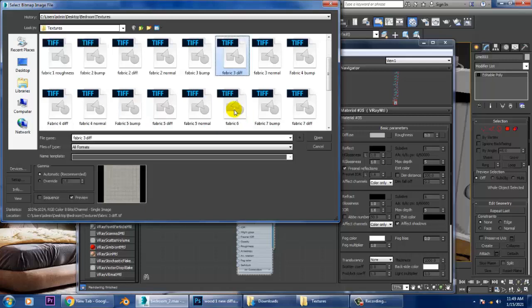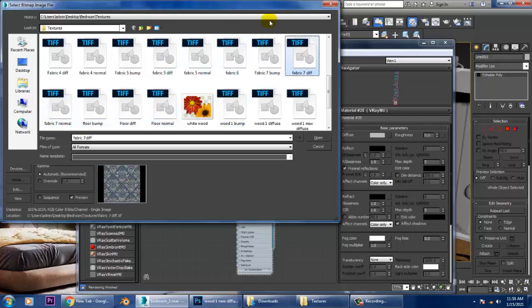I'm just checking that. Fabric 4, fabric 6, fabric 5, and your fabric 7.